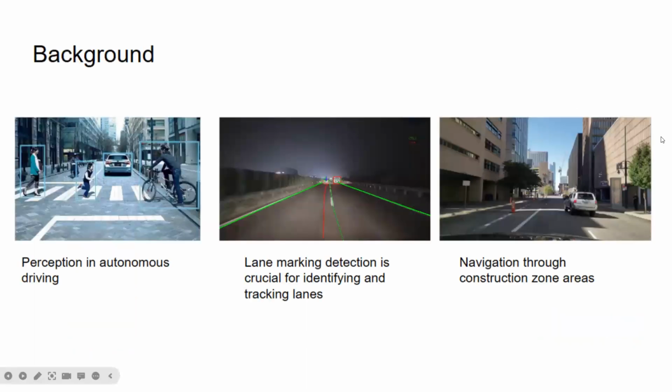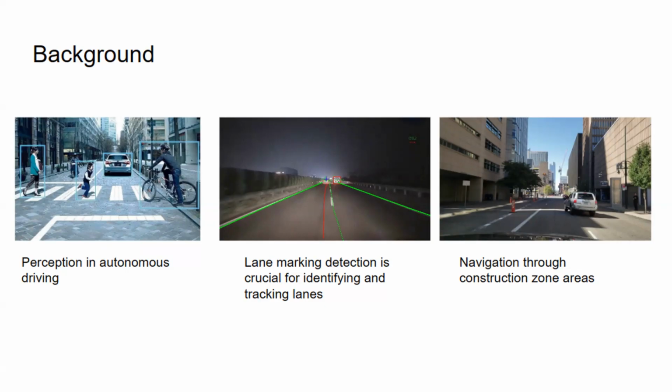The background for the project is that in autonomous driving, perception is crucial, and instance segmentation models are vital for precise object localization and identification. For autonomous vehicles, extracting the road structures, such as the lane markings, especially for navigation through construction zone areas,